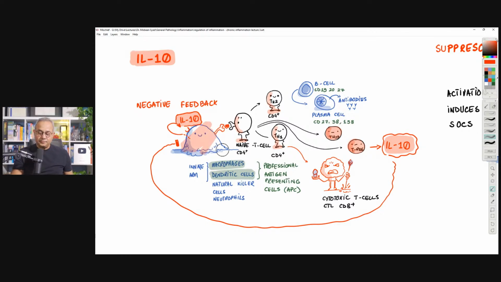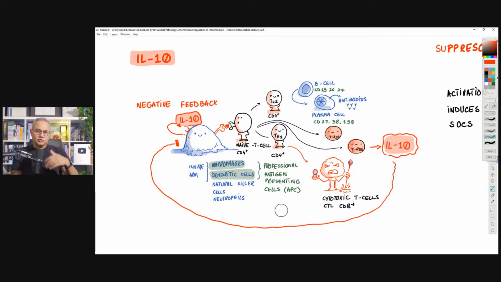So here, the innate arm cell releases interleukin 10. That interleukin 10 causes the functions reduction. The T helper cells can also release interleukin 10, and that way they can also reduce the function of the innate arm. I had discussed this, I think, a year ago in the SARS-CoV-2 context, that T helper 2 can produce interleukin 10, which in turn causes the innate arm to be reduced in its function.